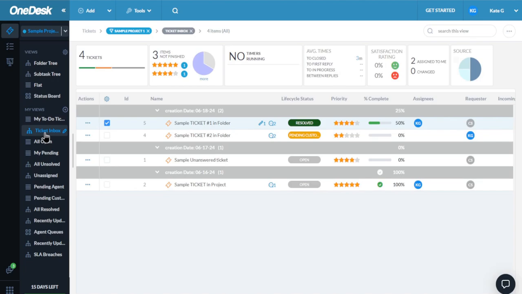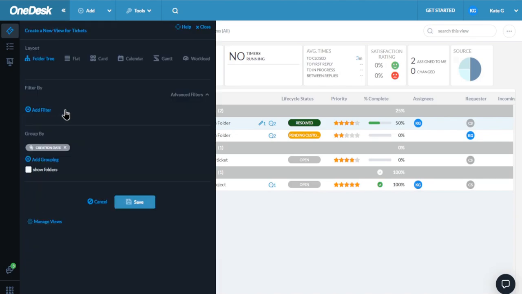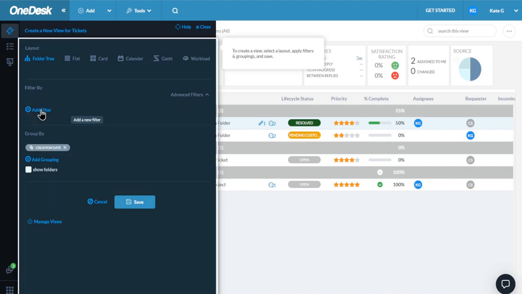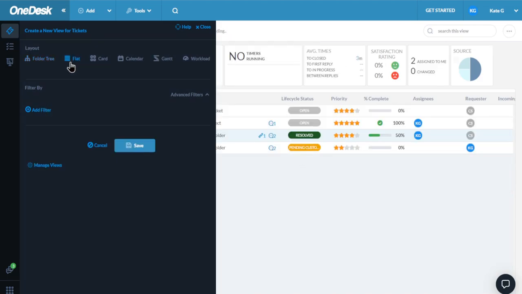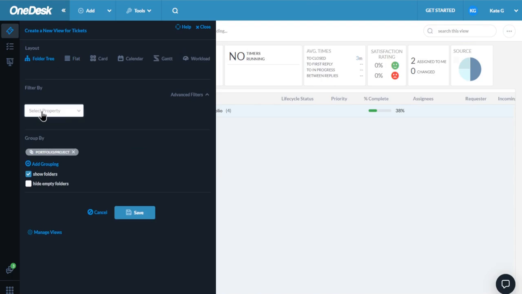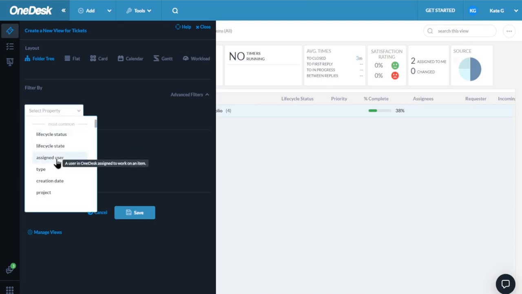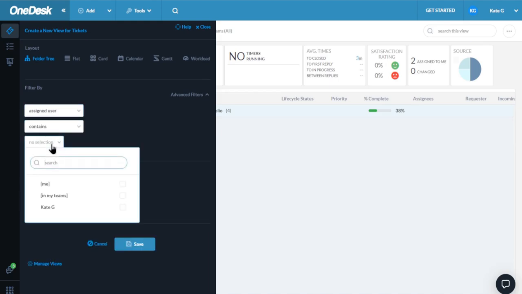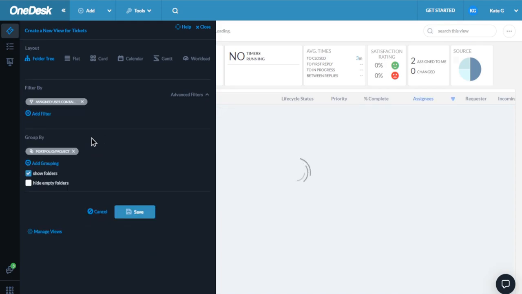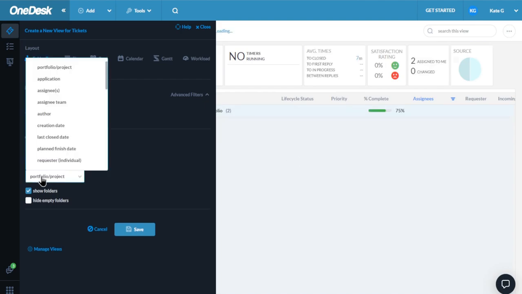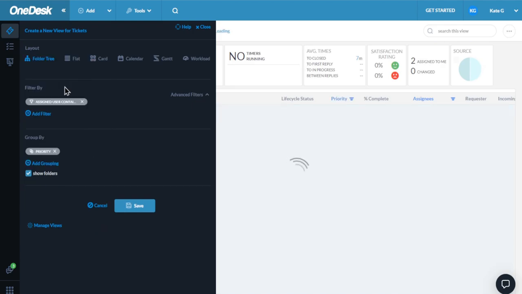You can also create your own custom work views. Click on the icon beside My Views. First, select the system layout. Let's choose the tree view. Then add any filters you desire. For example, let's choose to narrow tickets to tickets assigned to myself. Select Filter. Assignee is me. Finally, add any groupings to your view. Let's group these tickets by priority level. Now, let's save my view.